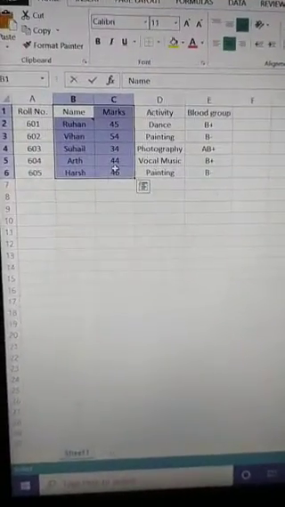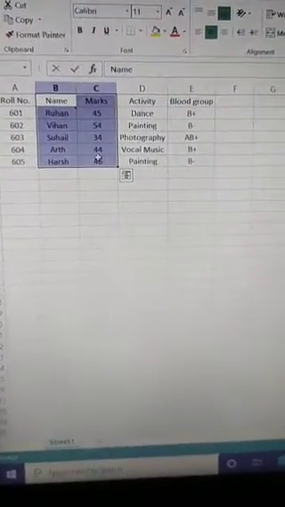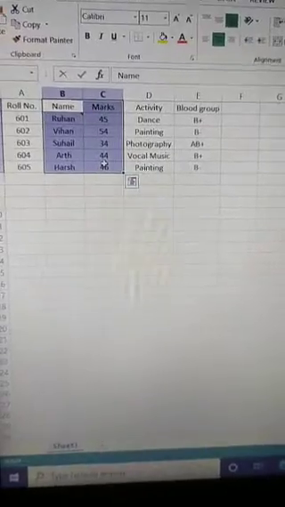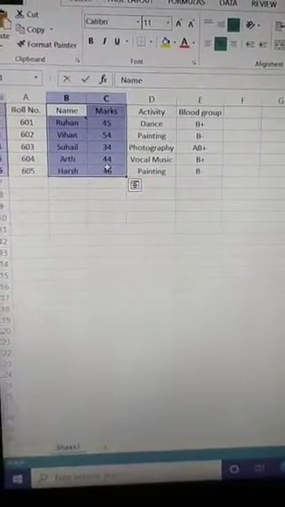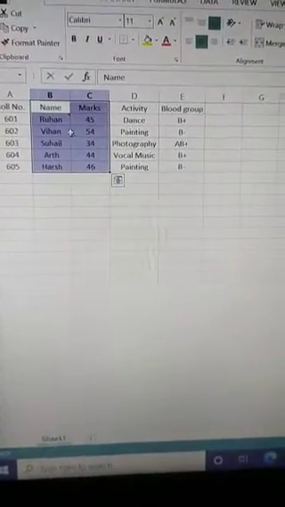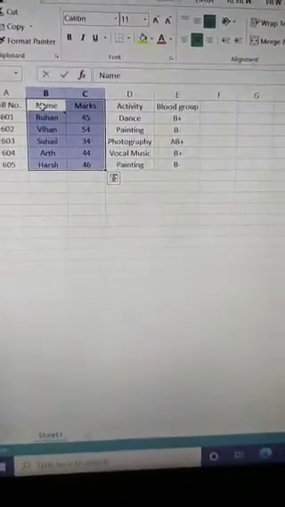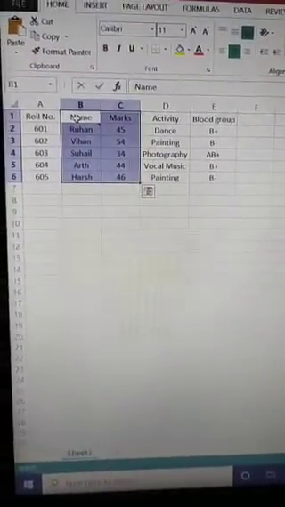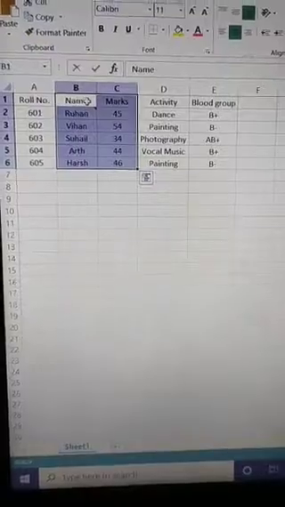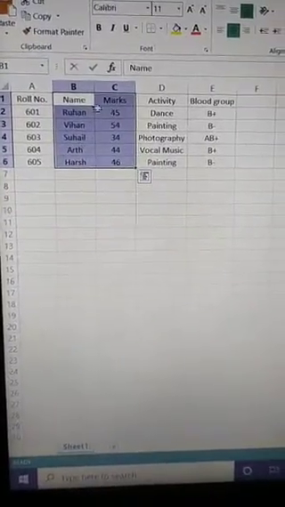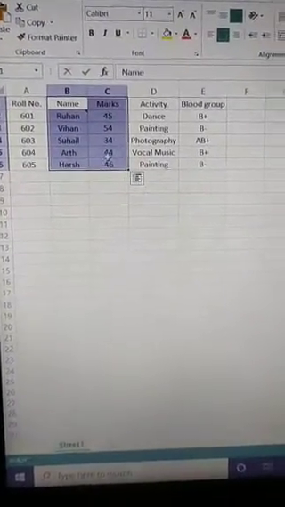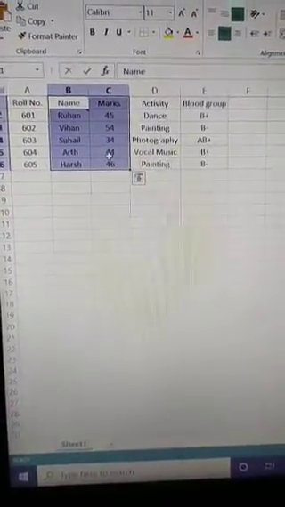Here you can see that a range of cells has been selected, and these are highlighted except B1, because B1 is the active cell, that's why it is white. But the other cells are highlighted.